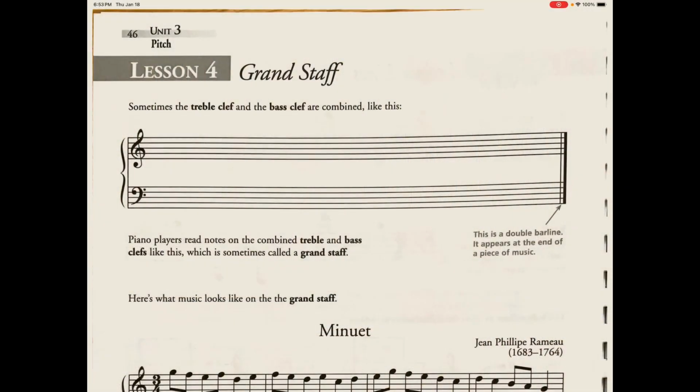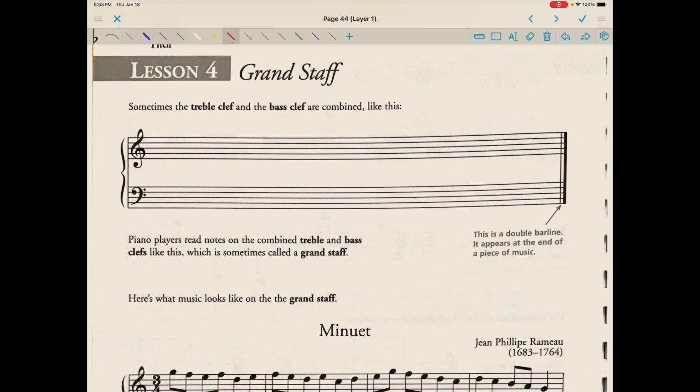Returning to Jay Albrecht's Ready to Read Music, we're on Unit 3, which is the pitch unit, Lesson 4, Grand Staff. Sometimes the treble clef and the bass clef are combined like this. Piano players read notes on the combined treble and bass clefs like this, which is sometimes called a grand staff. So you notice that you have this bar line that connects the treble and bass staff, and then you have